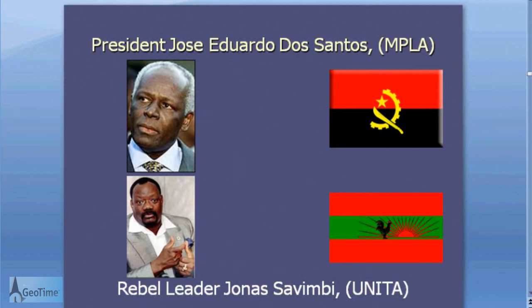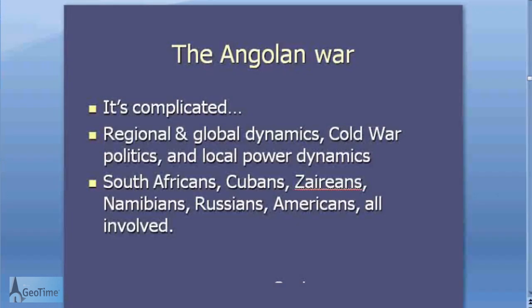So it began as a colonial war, a war of independence from Portuguese colonial rule, but it was also a war that was very much wrapped in both regional and global dynamics, right? There were Cold War actors on the scene. The side that captured power after independence from Portugal, the MPLA, the incumbents, looked toward the east and toward the Soviet Union and had 50,000 Cuban troops supporting them during much of the 80s and some of the 90s,